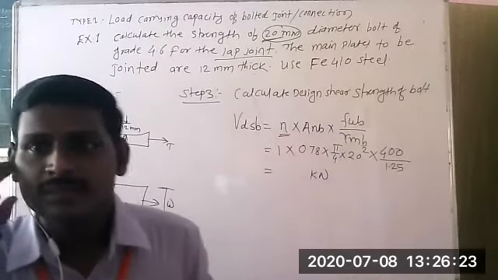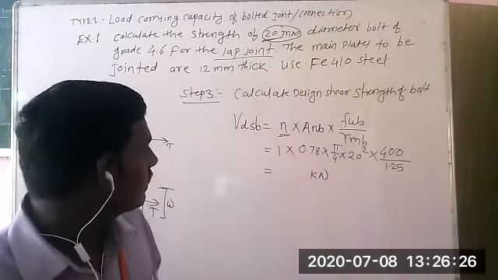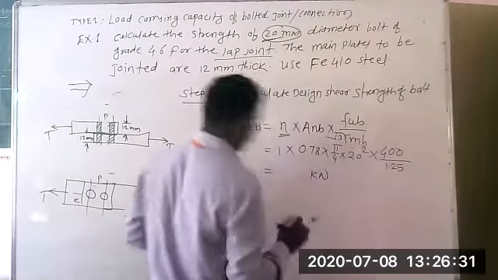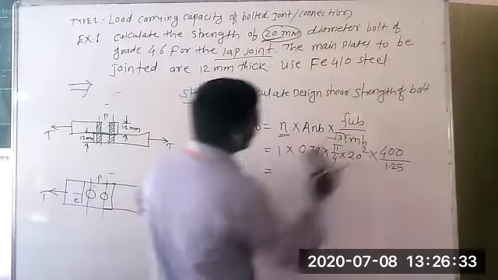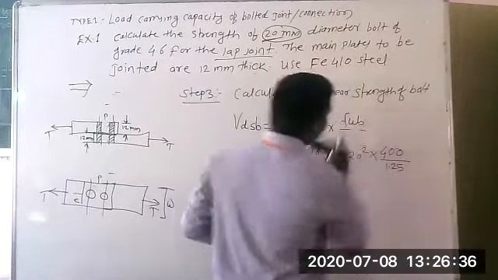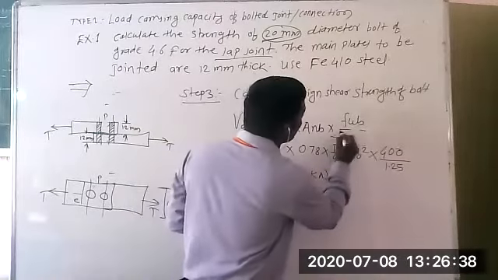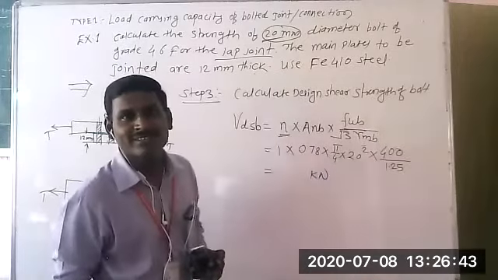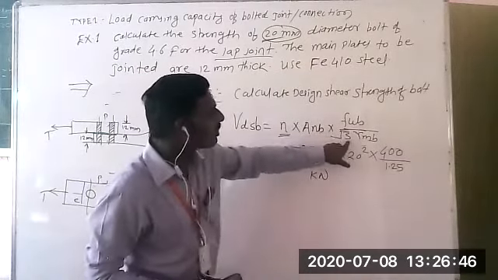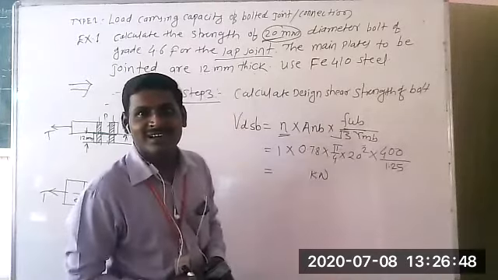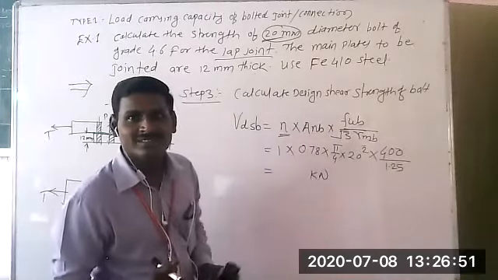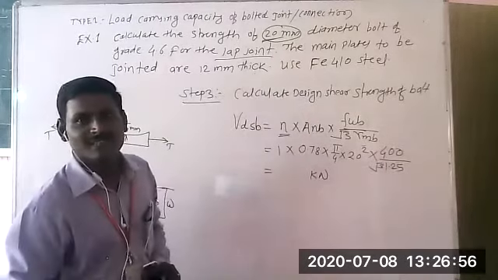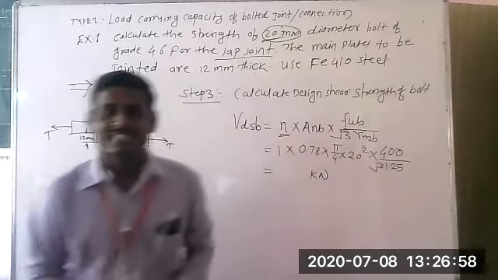A student asks whether the denominator should have root 3. FUB divided by root 3, yes, correct. Here root 3 is there. Please correct it, everyone. I have written the given formula as root 3 into gamma MB. All are copying. Here the formula has root 3 gamma MB. Now calculate in kilonewton.